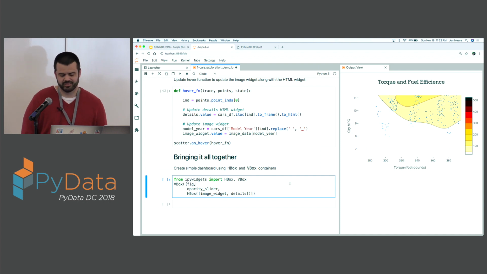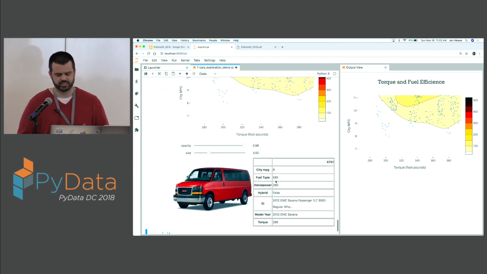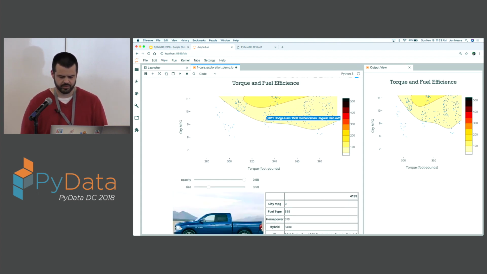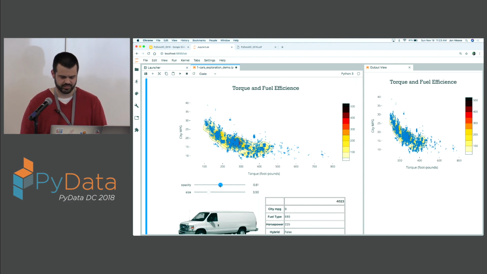So you can keep these widget components spread out throughout the notebook and just pull them off to the side when you need them, depending on what you're using them for. But it's also easy to pull them all together into a little notebook dashboard at the end. So here I'm just using the container objects from ipywidgets. HBox and VBox let you stack widgets together and make a larger collection out of them. And there we go. I have this little in-notebook dashboard that I can use to explore this data set, change properties, and